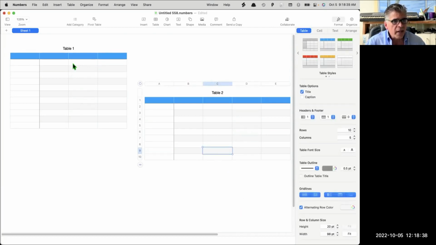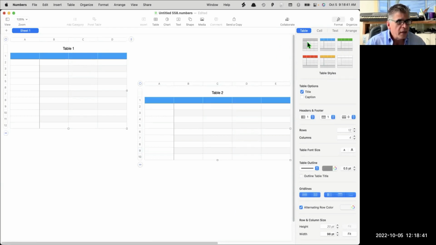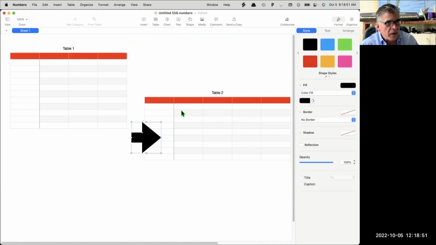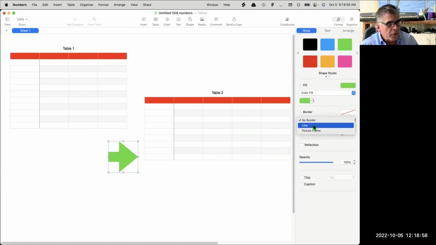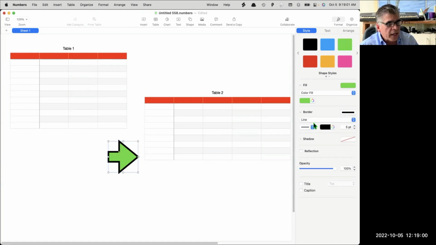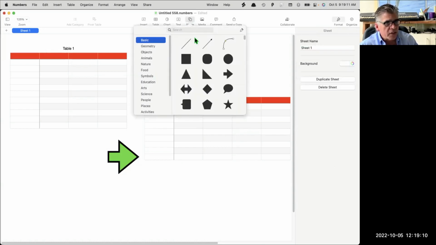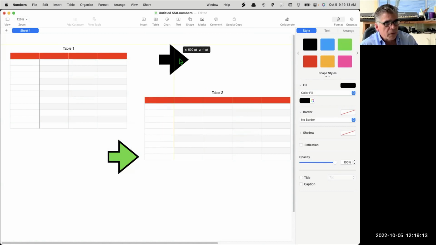And of course, if I changed my mind, I could select both of these and just apply some other style. And you don't do this as much, but you could. You also have the same object style thing. If I'm going to have an arrow pointing to some grand total here, I can say I want it to be green like this, but I could apply a border. Let's say I want to have a line that's black. And I could come over here and say, you know what, I'm going to make my own style, the green with the black border. So then if I put in more objects, like maybe another arrow, maybe pointing the other way,